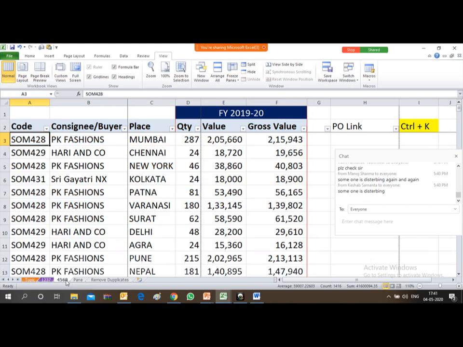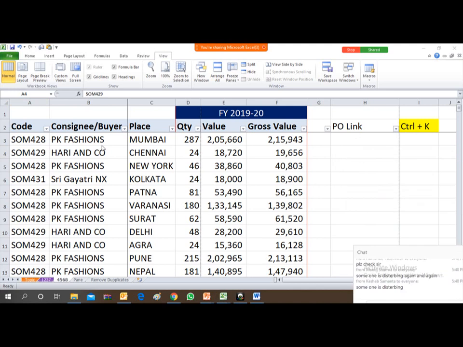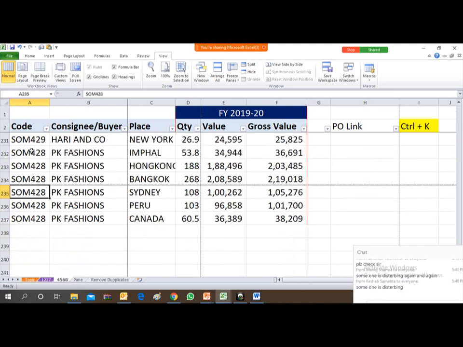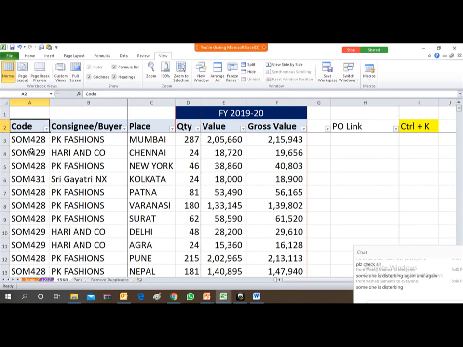So let's do this over here. Friends, say there are 200 plus rows. Now we have already learned yesterday how to set the margin of the printing.